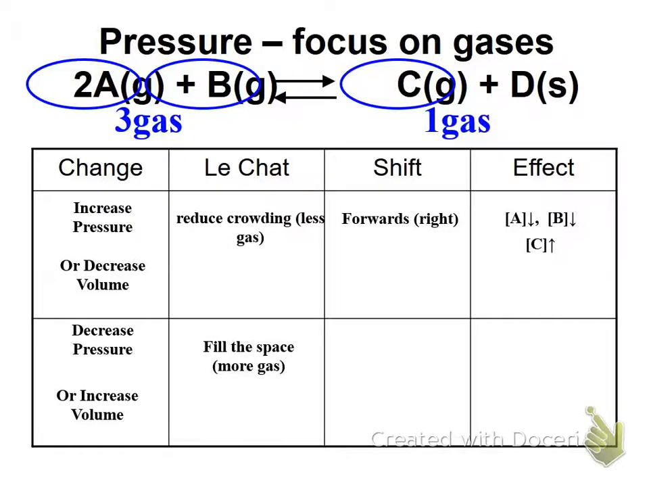To the side with more gas. That would be to the left. Net effect here then is that A and B go up and C goes down. Now let's be clear here. We're shifting to the right because it has